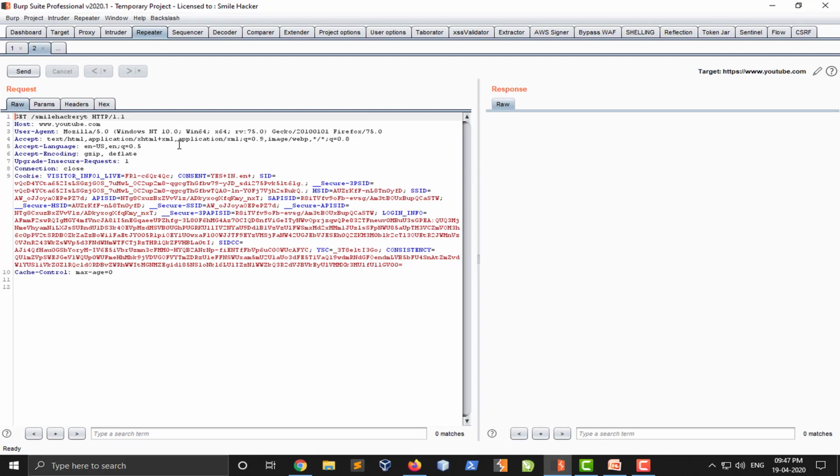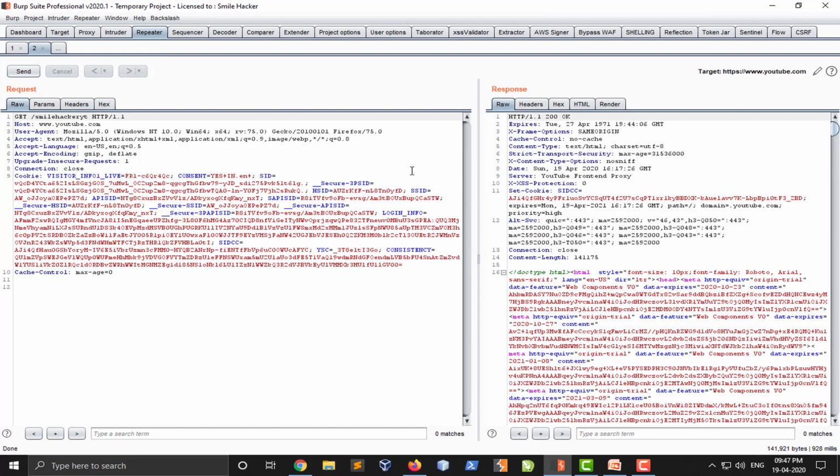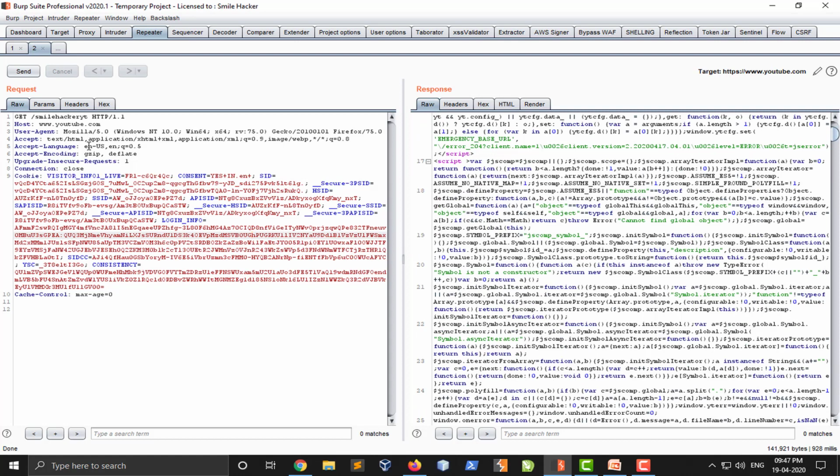Now what is the repeater tab? So the repeater tab is like a queue. We can send our request to the repeater and do further testing. Like in proxy, in our intercept section, if we modify the request and send it to the web server, we can't get that request back. So for backup, we put our request into the repeater tab. In the repeater tab you can see here this is our request and this is our response, and here we can do further testing. We can try our manipulation of the request many times.